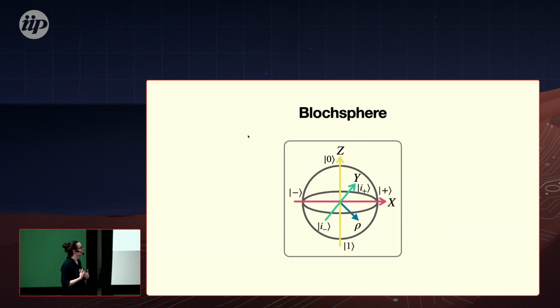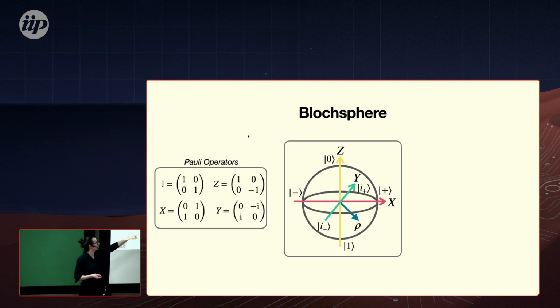And I find it very instructive to always look at the Bloch sphere in the single qubit case. And I hope that you all heard about it. You're almost all physicists. And I think it's a very physical way of thinking about a quantum state. So we have here 3 axes. And these axes correspond to the Pauli operators, the Pauli matrices. We have the z-axis, we have the x-axis, and we have the y-axis. And then we have this unit sphere around this axis.